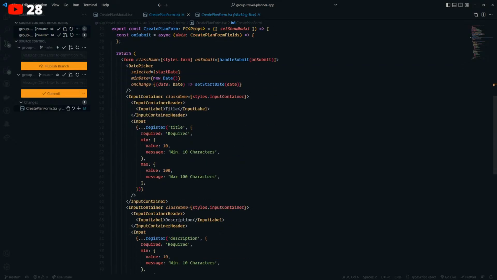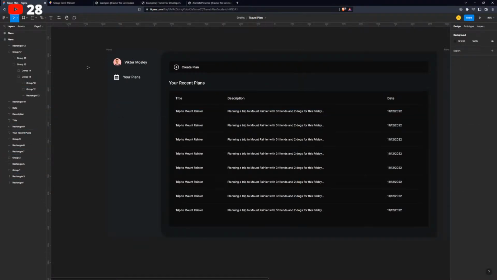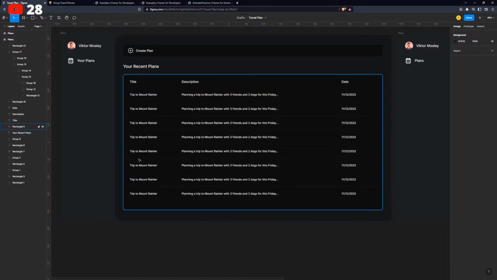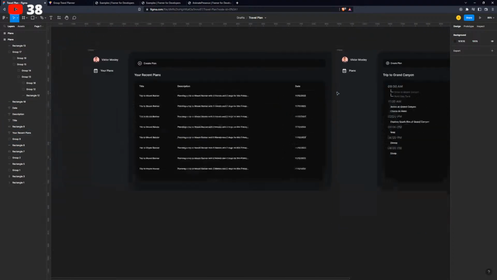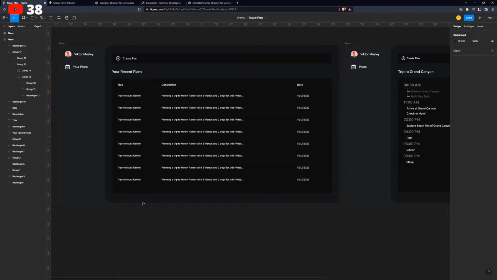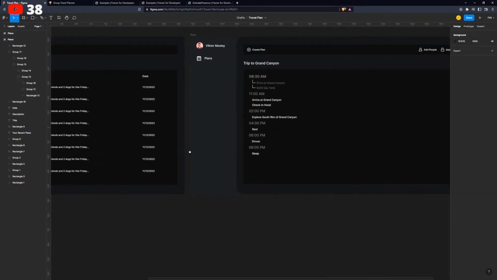What do I want to do now? Okay, so I guess the next thing we need to do is update the state to display the plan, of course. And we need to display the plan in this table. So I guess we'll need to work on the table next.